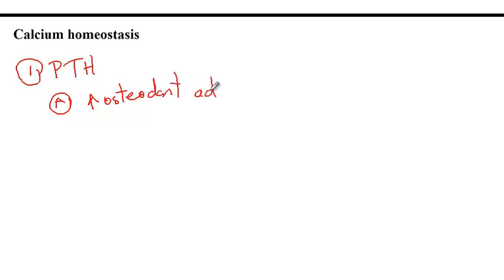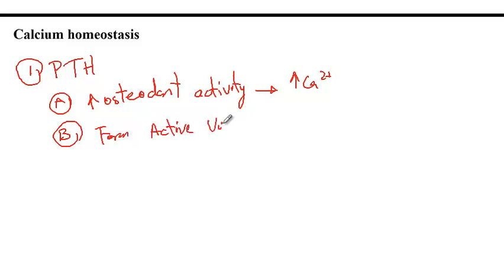The very first one is called parathyroid hormone, which has multiple mechanisms. A, it will increase osteoclast activity, as a consequence of which bone will be resorbed, and therefore there would be more calcium that will be released into the blood. The second mechanism is by helping to form active vitamin D in the kidneys that increases calcium and phosphate